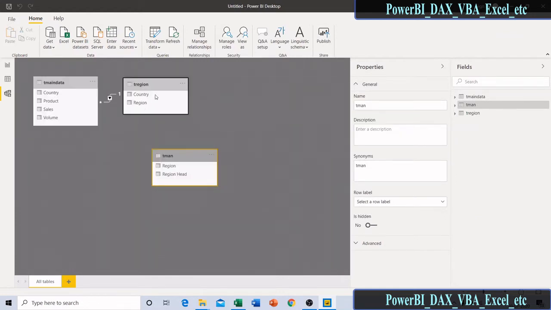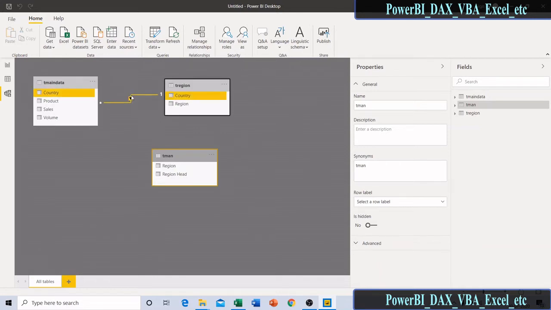Now you can see that a relation is made between my data table and region table, and you can see here is the direction of this arrow. This means that when we are applying a filter, the filter will propagate from region to this main data table.